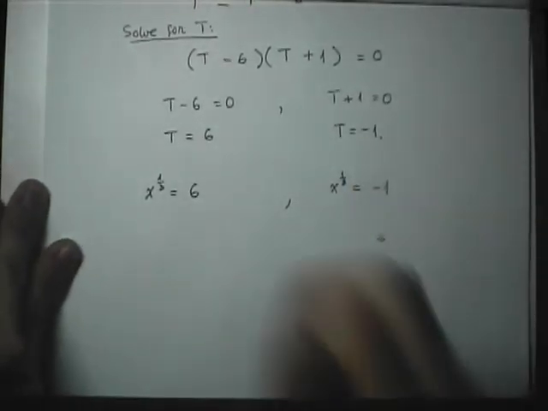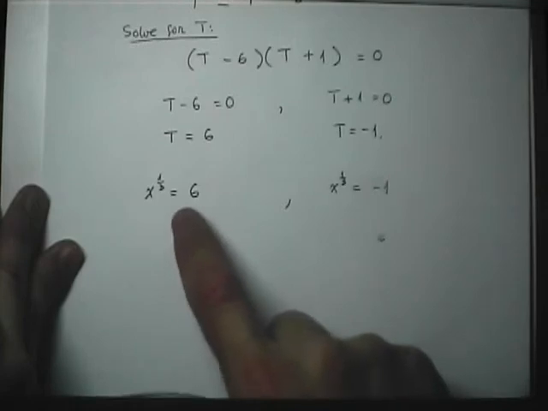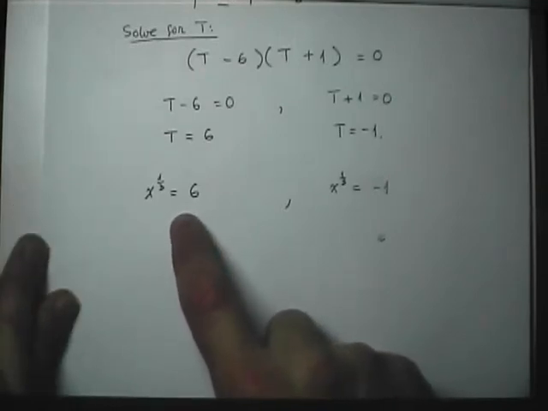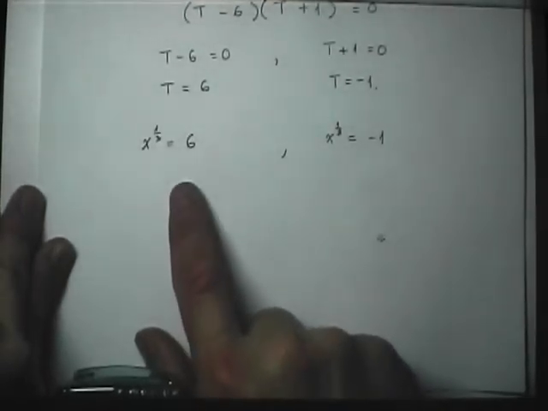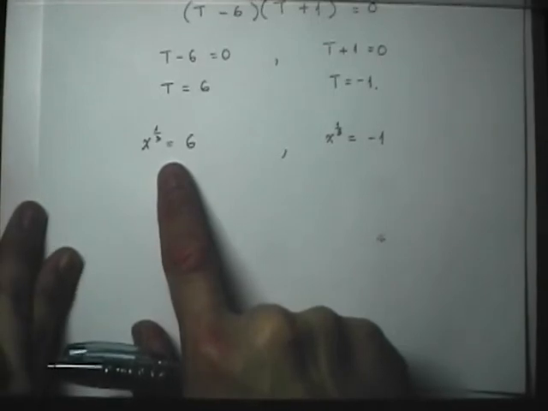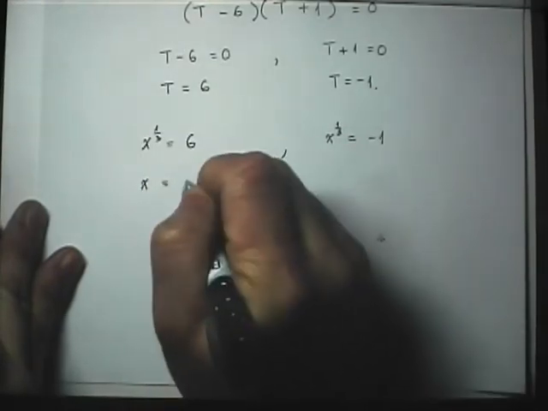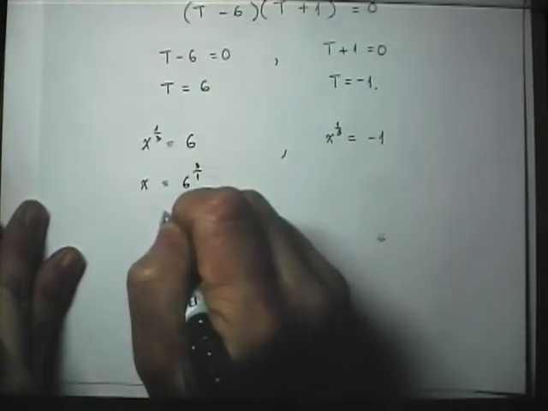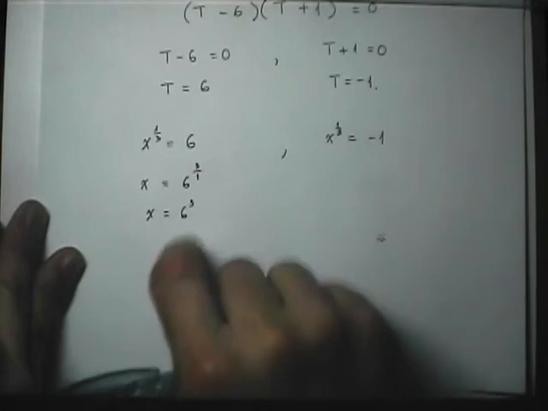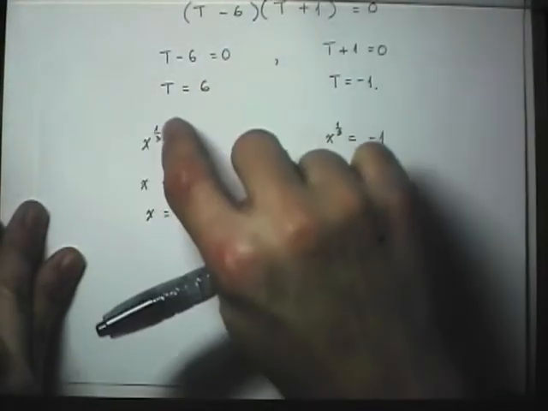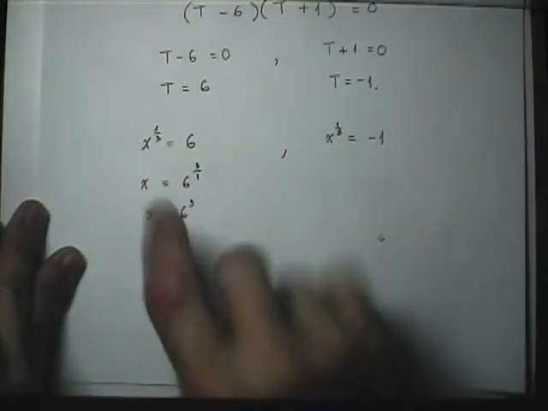So now with these new equations, things go back to those equations involving rational exponents that you need to solve. And if you're not sure how to do this, check back with my earlier videos about how to solve rational exponent equations. But what I'm doing here is simply solving for x. x equals 6 to the 3/1 power, which is technically 6 to the 3rd power. Do I need to worry about the plus or minus? No, because the numerator of my rational exponent here is an odd number, so I don't have to worry about the plus or minus. So 6 to the 3rd power,